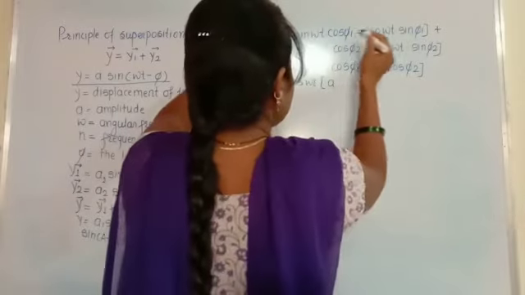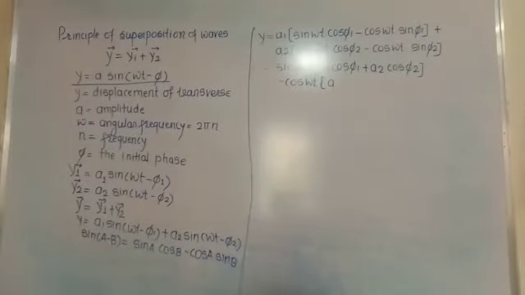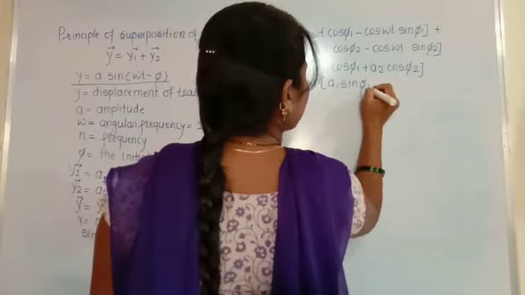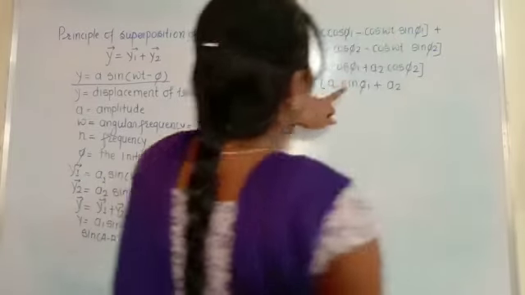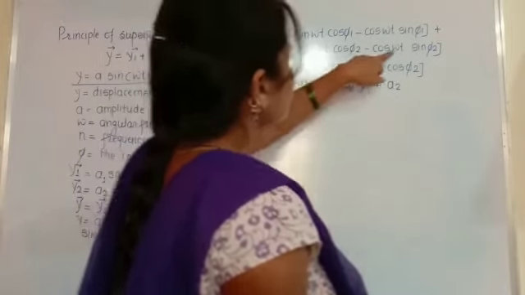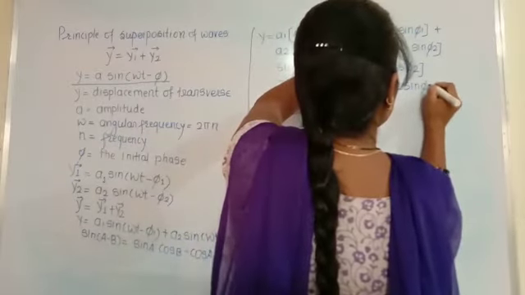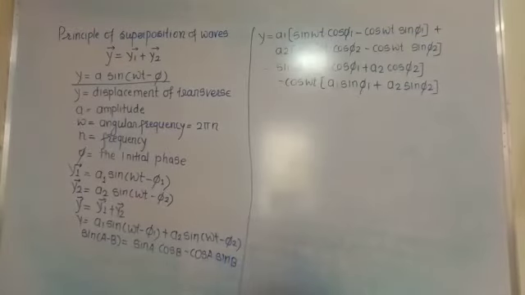First, cos of omega t we take common, and we get a1 sin of phi1, this is the term, and plus a2 sin of phi2. Okay, so with the two terms, we are substituting